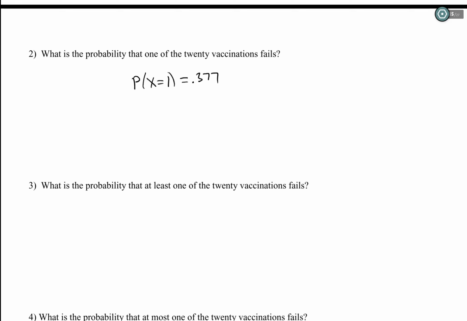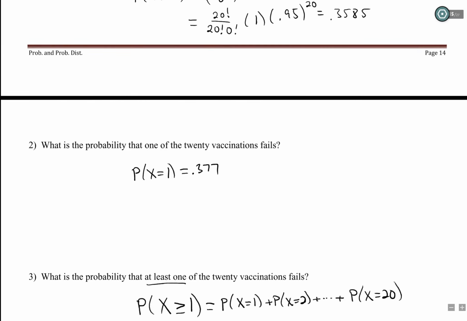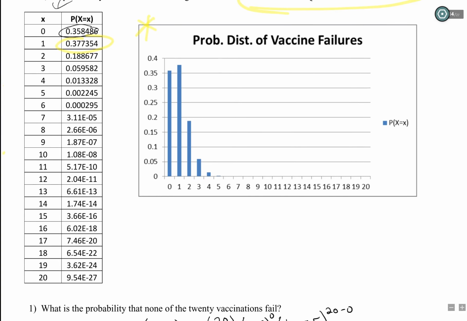Another question that someone might have is, what is the chance that at least one of the 20 vaccinations fail? At least is what? It's 1 or more. So what is the probability that x is bigger than or equal to 1? Okay, how could we do this? Well, that would be the probability that X is 1 or 2 or 3 or 4, and so on. Now I could take the table here and add all these 20 probabilities up. By the way, these values are in scientific notation, very small, basically 0 probabilities for those larger values of X. I could do that, or